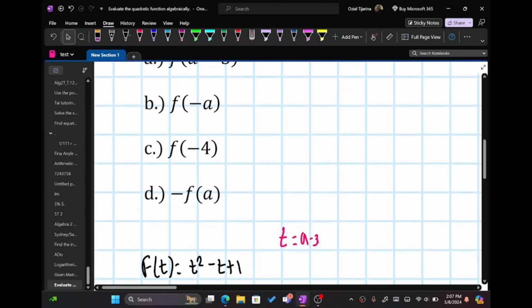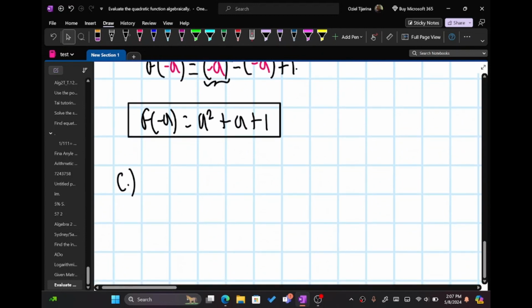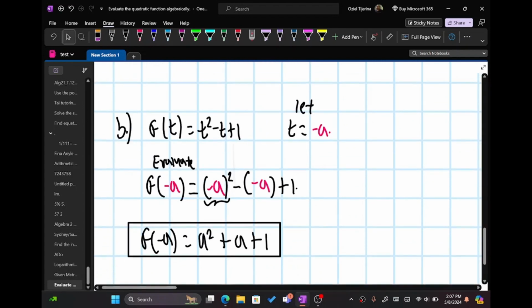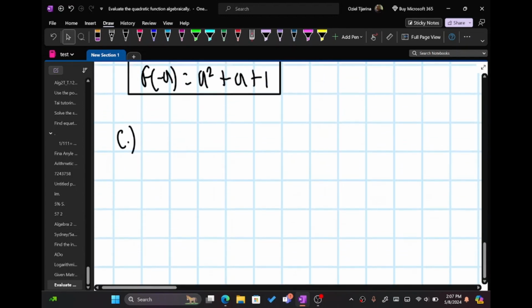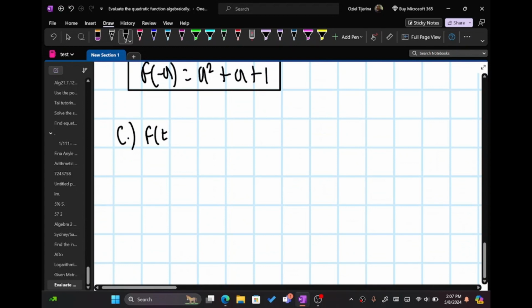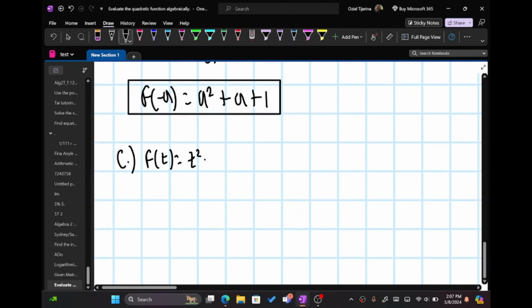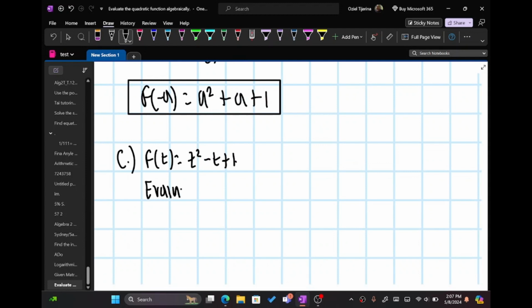Part C says to do it at x equals negative 4. So f of negative 4, right? And actually, let me again write your function. The reason why I keep rewriting it, guys, is so that y'all can clearly see the function in every problem, because I don't want to have to keep scrolling up. t squared minus t plus 1. So evaluate f of negative